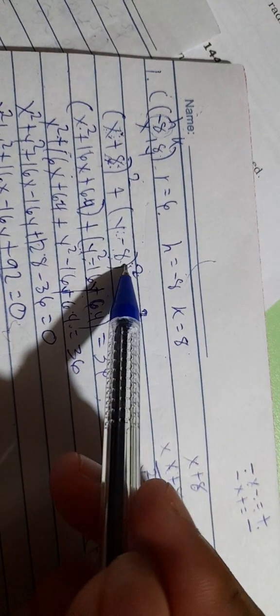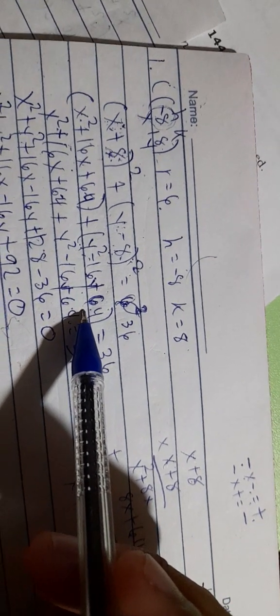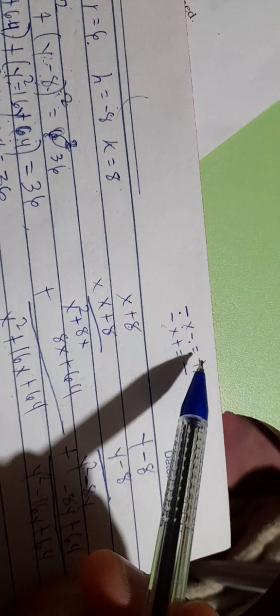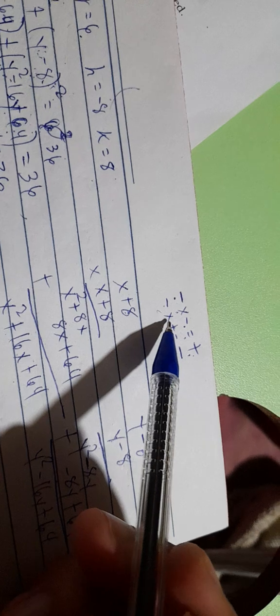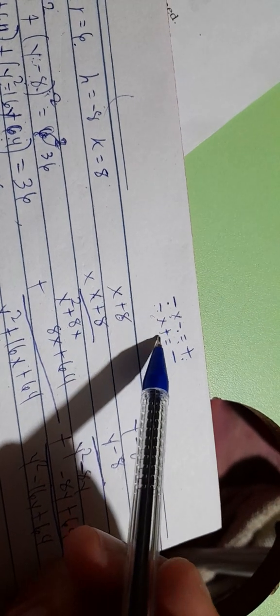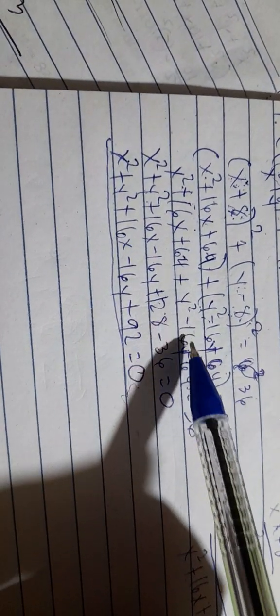Then negative 8 times negative 8 equals positive 64, because if you multiply numbers with the same sign, it turns positive. If one of them is negative, for example negative times positive, it will always be negative. That's the thing you need to look out for, because it will make your answer wrong. Then after that, you combine them together. You don't actually need to write this; you can do it in your mind, but if you don't know how, I'm going to teach you. Copy all of this without the parentheses,